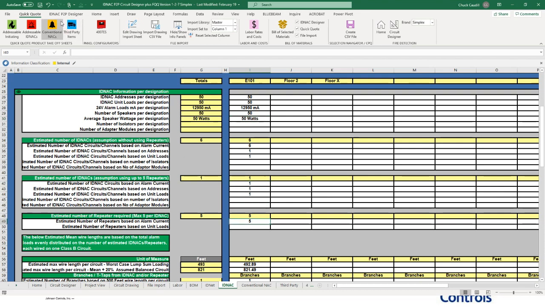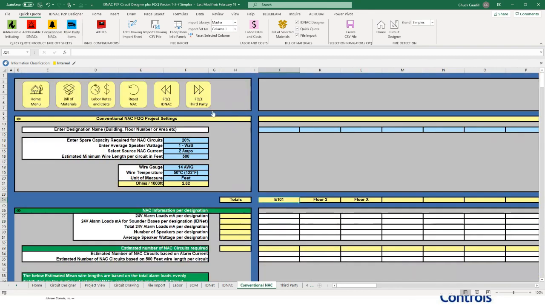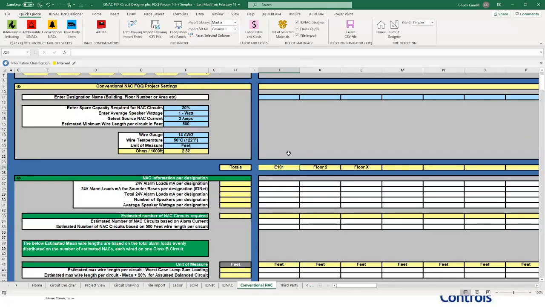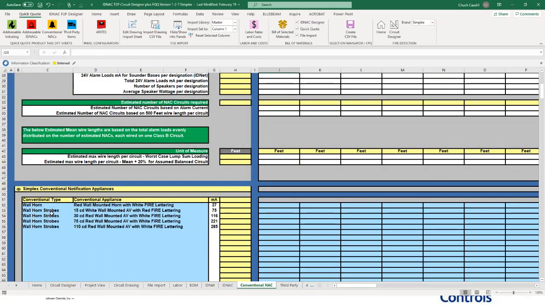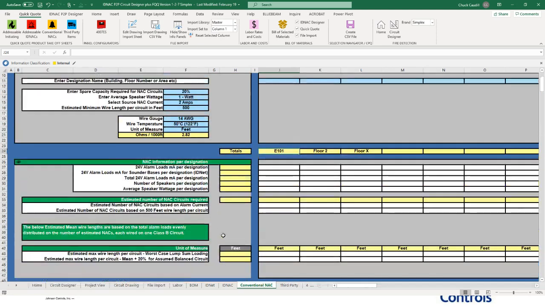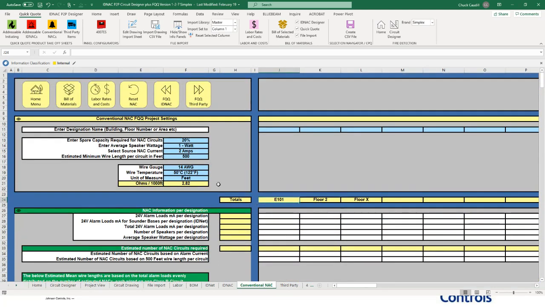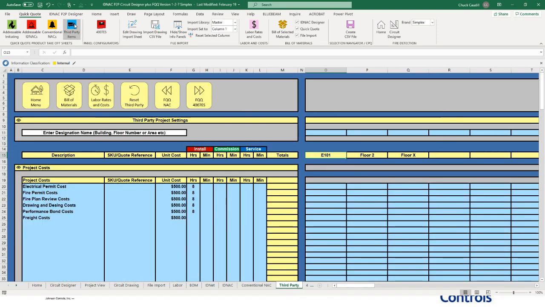So moving on to the NAC tab, it's done exactly the same way, but it has conventional devices rather than addressables. Again, you can choose your favorite devices, be it horns, speakers, or maybe multi-tone horns if you're doing sleeping environments. Then we get into third-party items, which are items that we don't provide, but we know you need for your quotes. So these were things like your permitting costs, and you can set up, again, this is light blue, you can set up your permitting costs